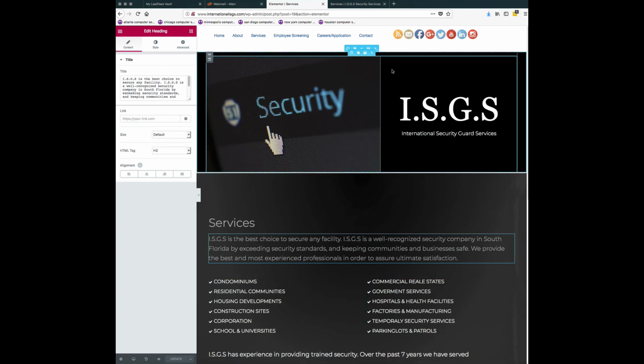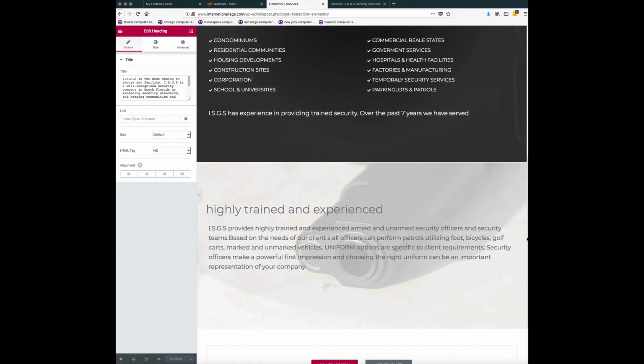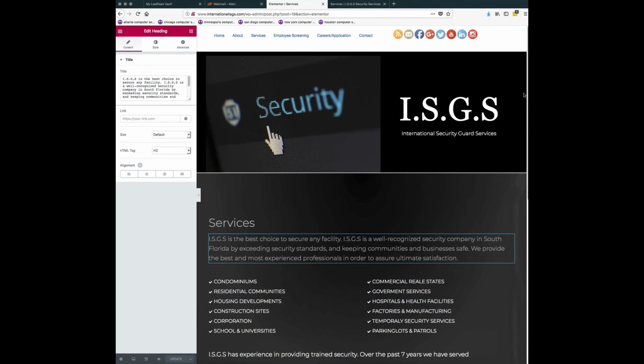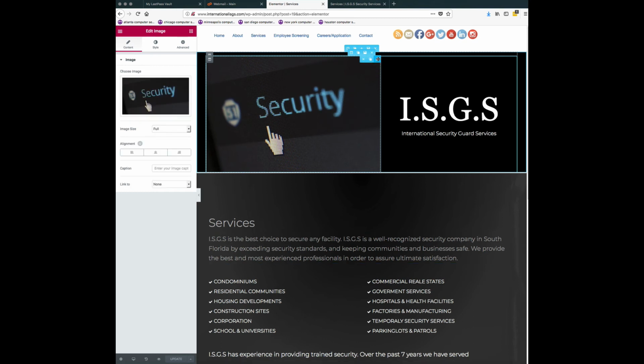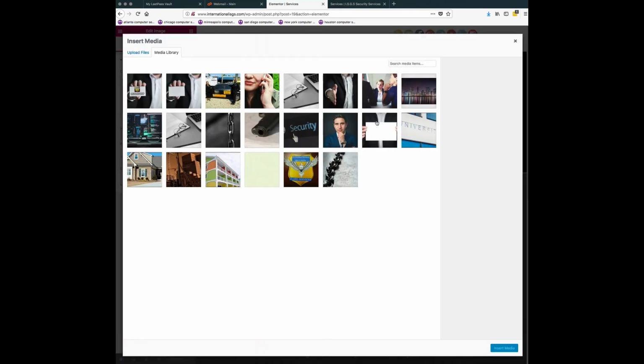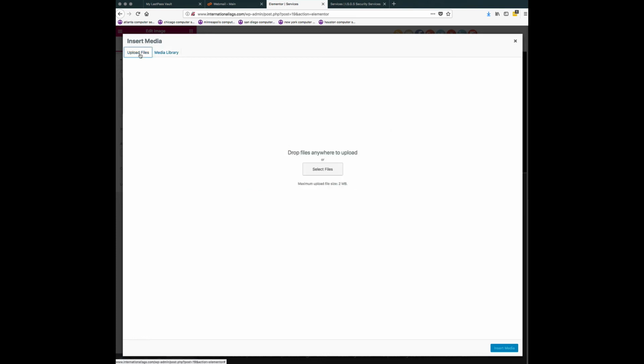But for example, let's say we want to change this image. The way this image was put in here was like this. You click on the little pencil, you click on the image, and you have more images here. But of course, you may not find the image that you want, so you may want to upload a new image. You click on upload, select files,